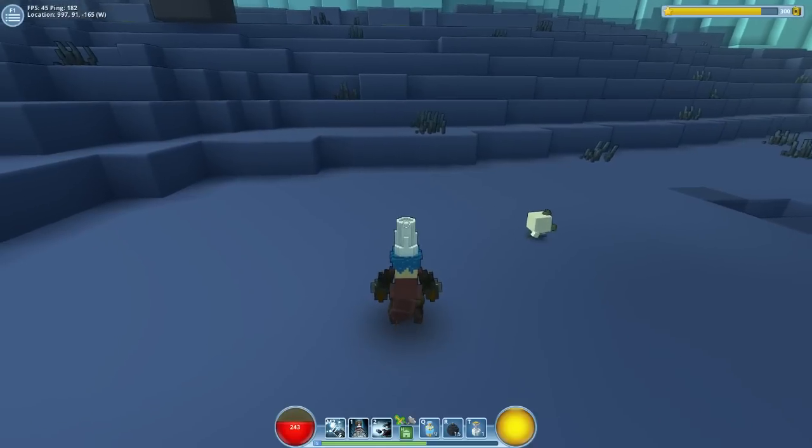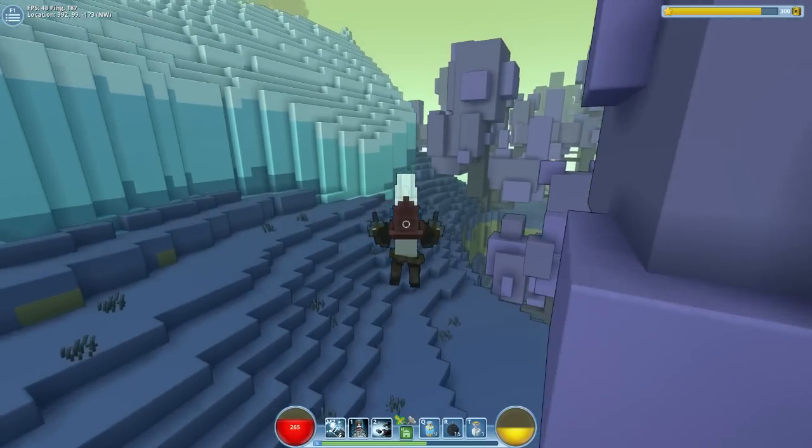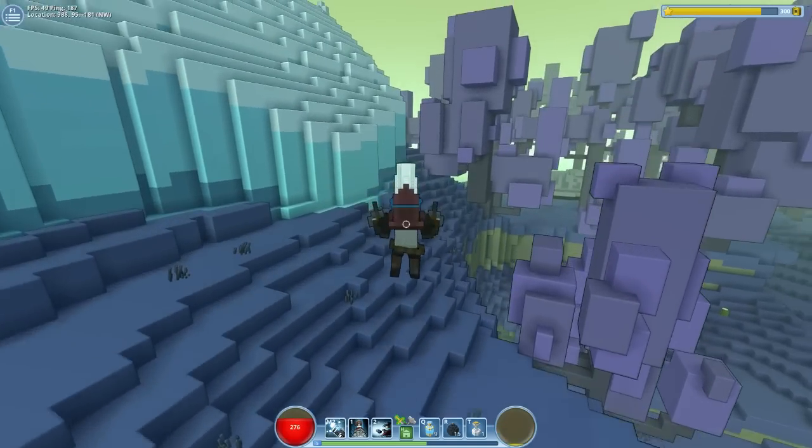The next ability is the... I can't actually remember what it's called. Blast Jump, which I just like doing this. So if I just run a minute and then do this, and then as soon as I land...